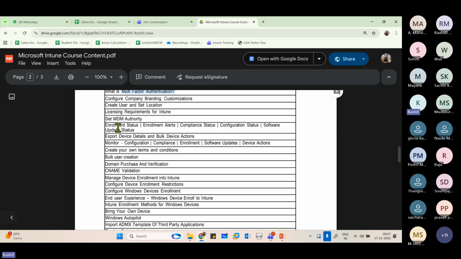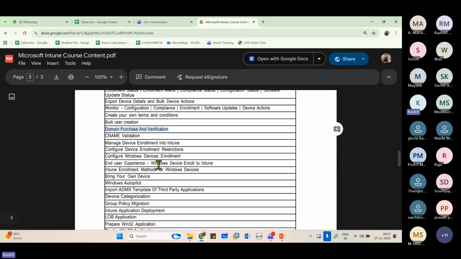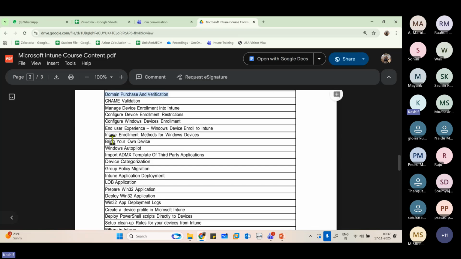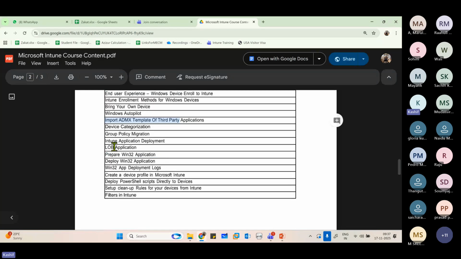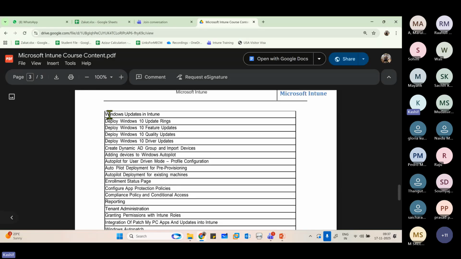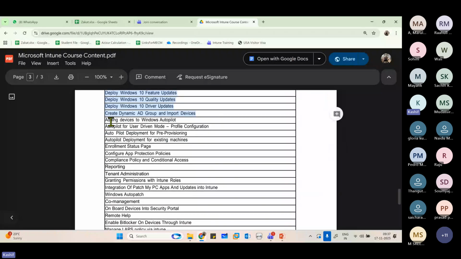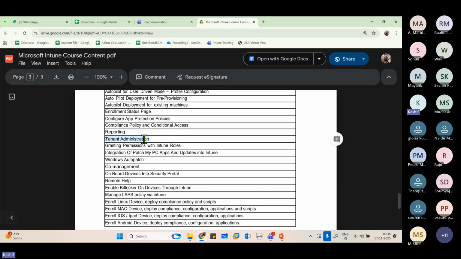Then we will discuss domain verification, BYOD, Windows Autopilot, ADMX templates. We'll deploy applications using various methods, then deploy updates, Windows 10 to Windows 11, then Windows Autopilot pre-provisioning, enrollment status page, tenant administration,